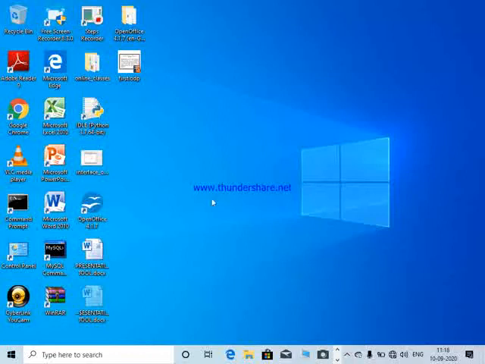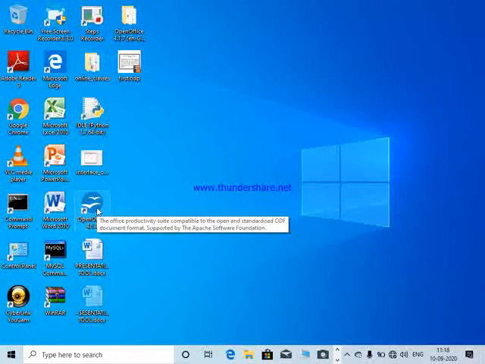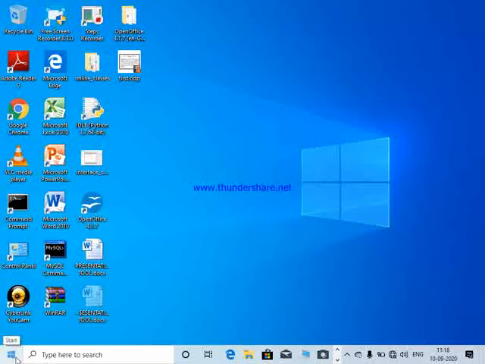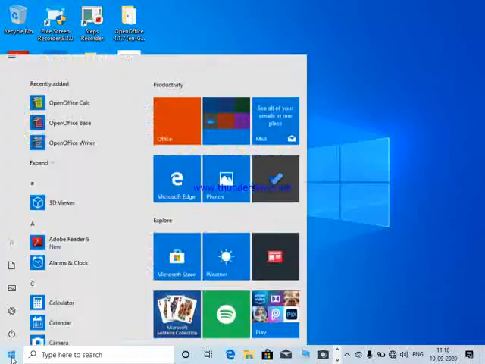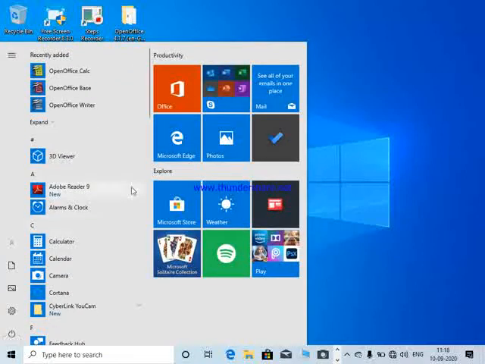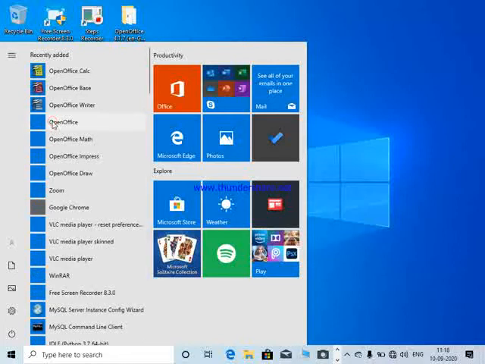Okay, this is my OpenOffice.org package. You can start with the start button, and you can expand this. This is the OpenOffice software package which includes Calc, Base, Writer, Draw, then Math, Impress.